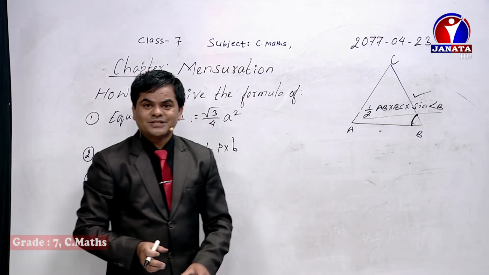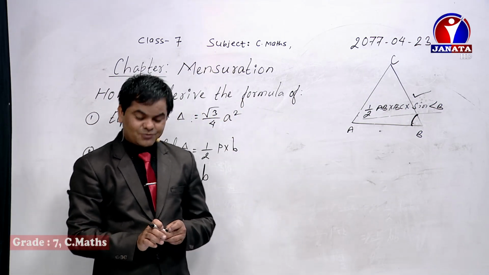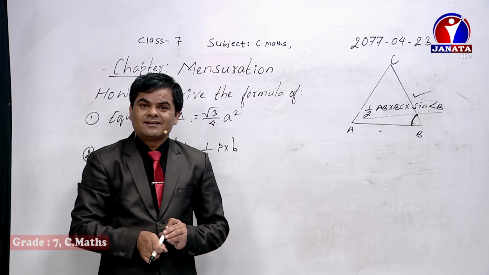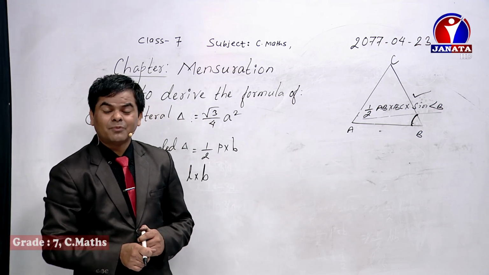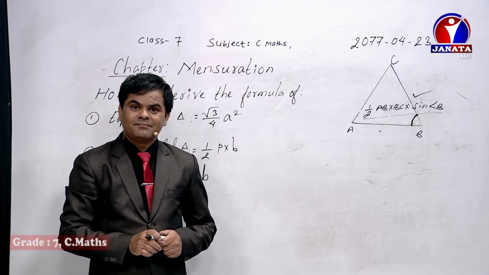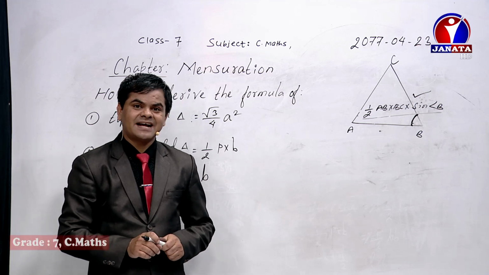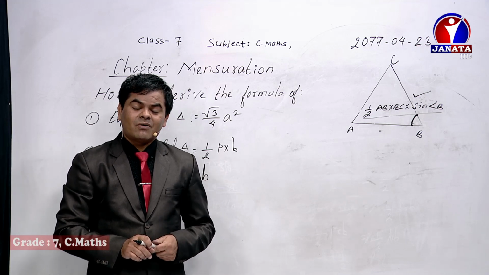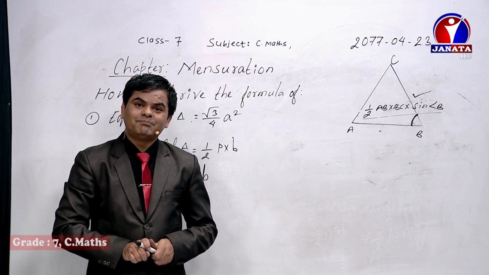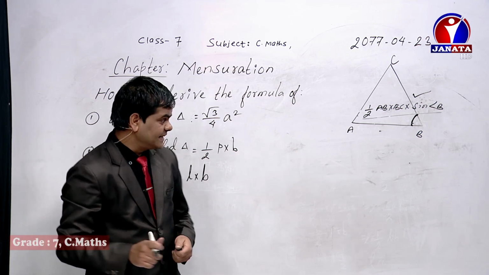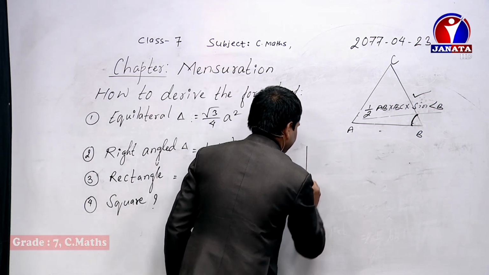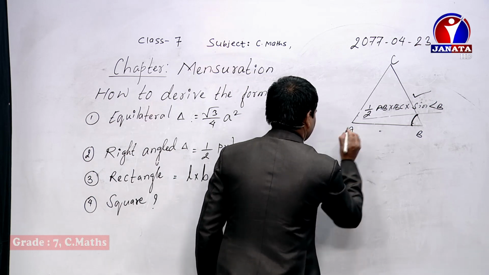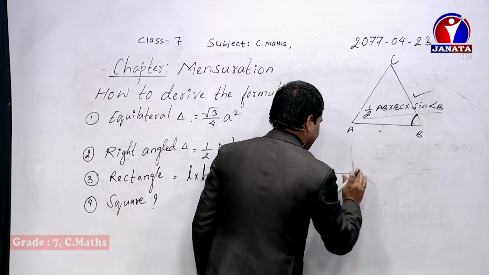What are the properties of a square? Square is a polygon. Okay, it is a quadrilateral. Among polygons, it is a quadrilateral because it has 4 sides like a rectangle. And then all the sides are equal, along with all angles being 90 degrees. Square is a polygon or quadrilateral having all sides